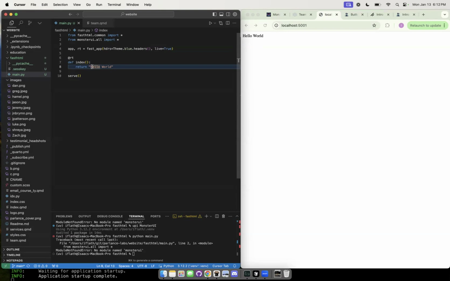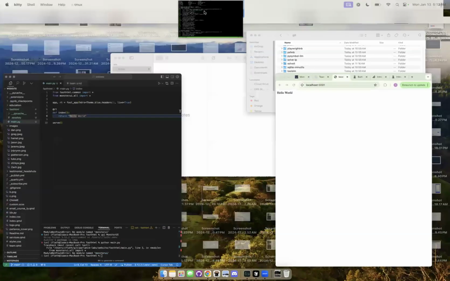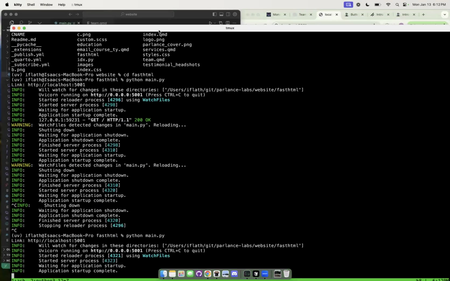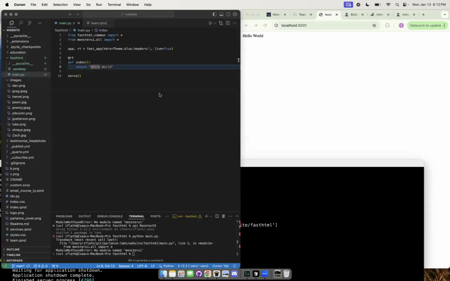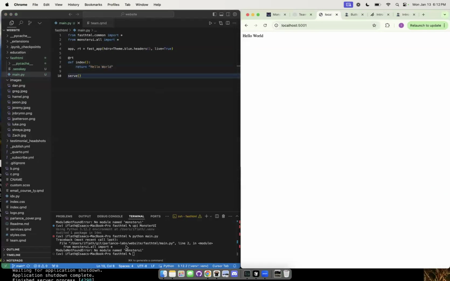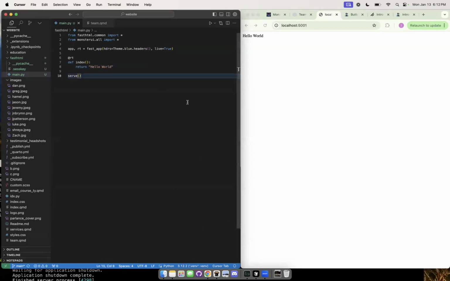Where are you running, in a terminal somewhere? Yeah, I'm running it here. Basically, I did a big environment change and somehow Cursor didn't survive it. So it's having difficulties. So I'm running in a separate terminal, which is working. Okay, cool. What live equals true lets me do is